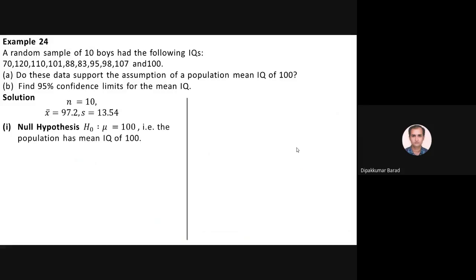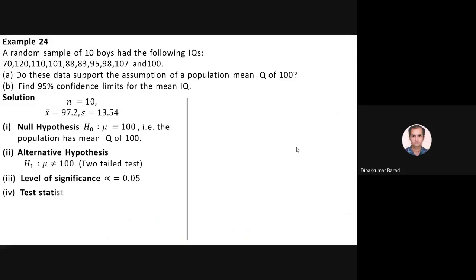So first we consider the null hypothesis, mu is equal to 100. The population has a mean IQ of 100. And then the alternative hypothesis H1, mu not equal to 100. So it is a two-tail hypothesis. The alternative hypothesis here is mu not equal to 100, and the level of significance alpha is